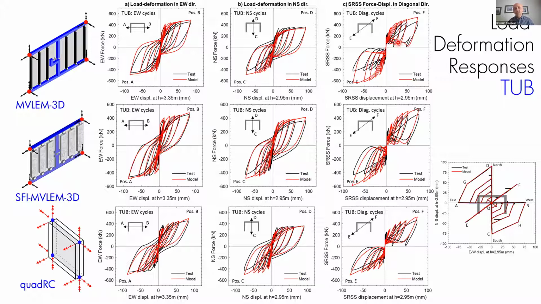So, but that's the major reason, right? When I have this flexural model, I'm overestimating by this much. If I improve this model by introducing the shear flexure interaction and coupling, the results seem slightly better, but still overestimating. And really the only model that I was able to get good results in terms of the capacity in this diagonal direction was this Quad RC model, which is a